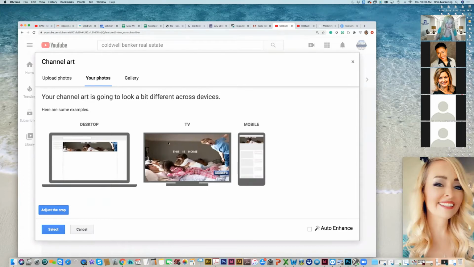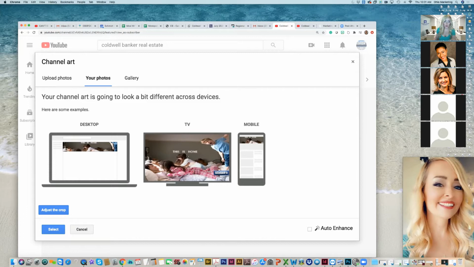So this would be the view. This is the whole picture, right? Like, this is perfect. But this is what the view would be on a TV. And then if you went to a desktop, it would chop it up and you wouldn't see it all. And then if you went to mobile, it's literally just the child's little head right here. So this didn't work for me.